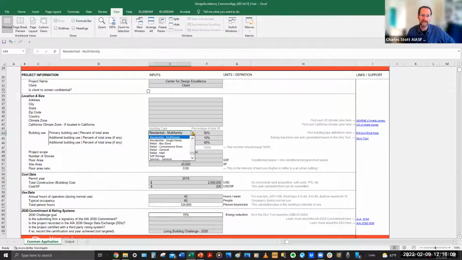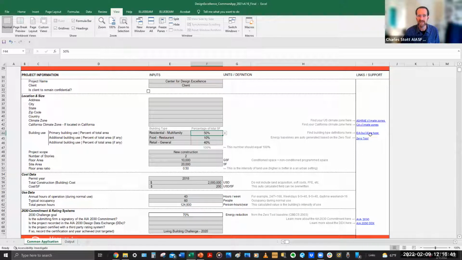These are all drop-down menus that you can select from. If it's a multi-use project, like this example of multifamily with a restaurant and retail, you can put in the relative square foot percentages of each use, up to 3 options. If you've got 4 or 5 uses in the building, just use the top 3 and make sure the percentages total 100%.